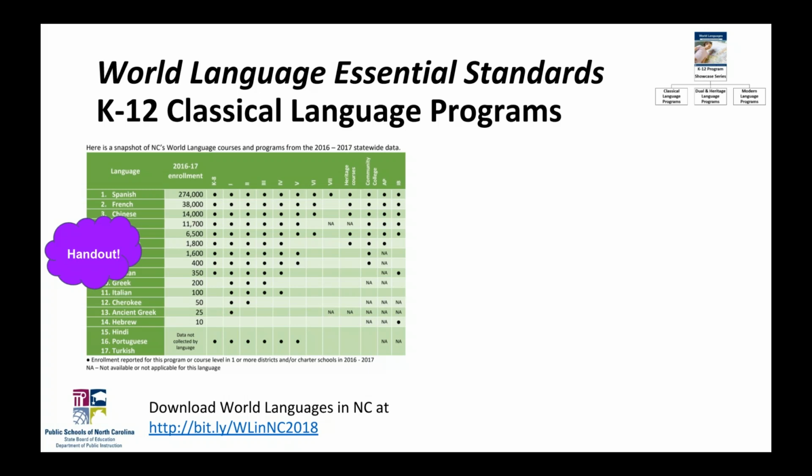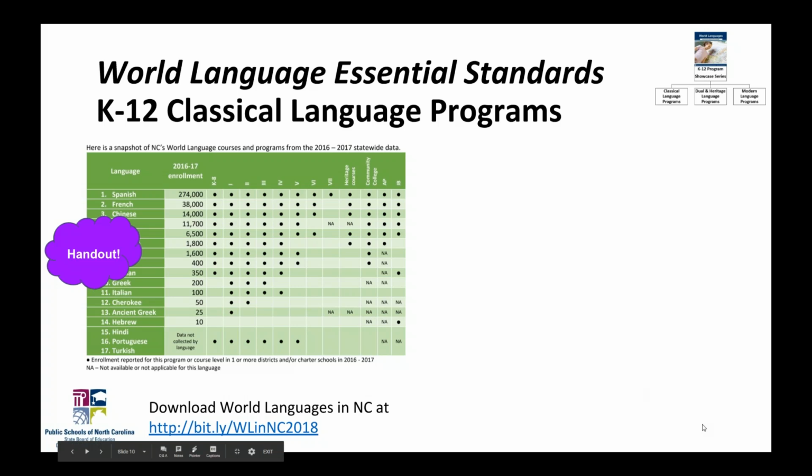I always think it's good to know what our data says. We live in very much a data-driven society, and when people ask questions like, how prevalent are different kinds of language programs? I think we should be able to answer those questions. And if you know what the statewide data is, then you can also use that information to inform your practices locally, whether that's with your district or your school or even your department. And so this is an overview of our enrollment overall. I do update this document annually. So as I said, this was with our latest publicly released information. It was published in February of this year, 2018.